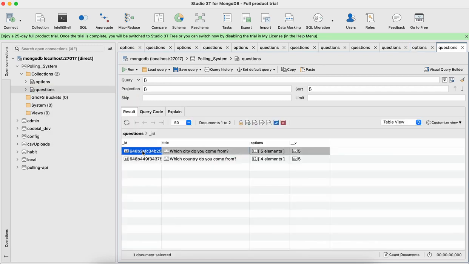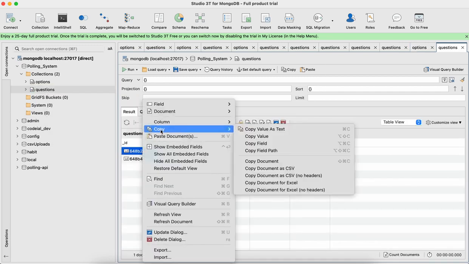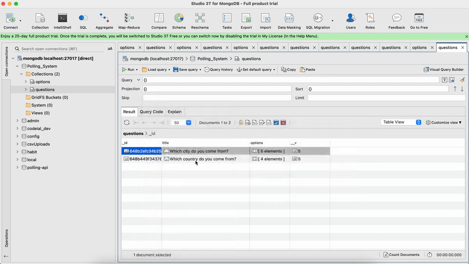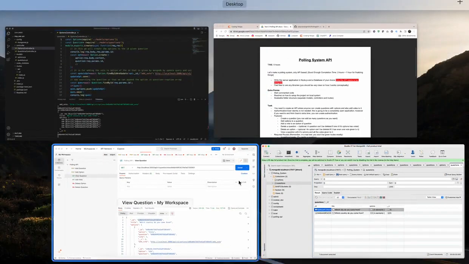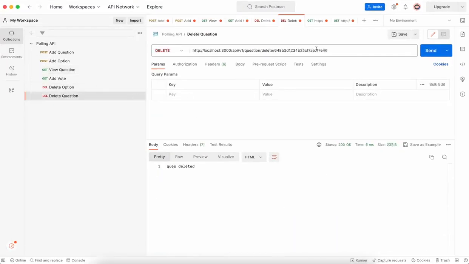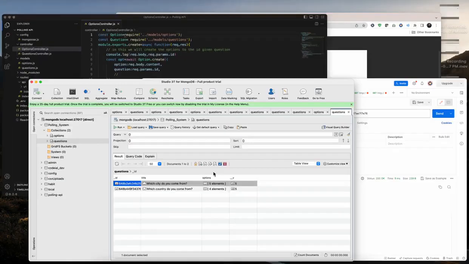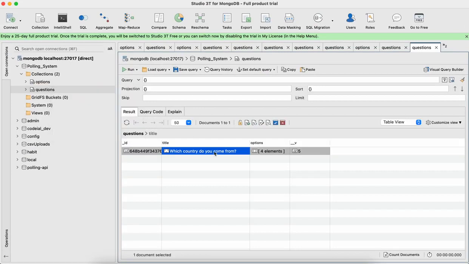We want to delete this question. For example, if we want to delete this question, which city do you come from, we can simply copy this question ID and go to the delete question and paste that ID over here. Now if we send it, it says question deleted. Now if we go back to Studio 3T and refresh this, as you can see, the which city do you come from question is deleted, and the only question which shows